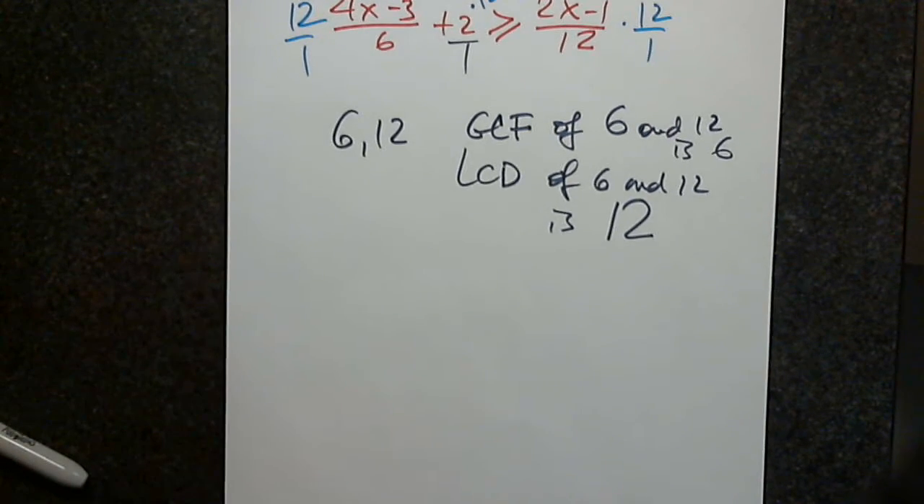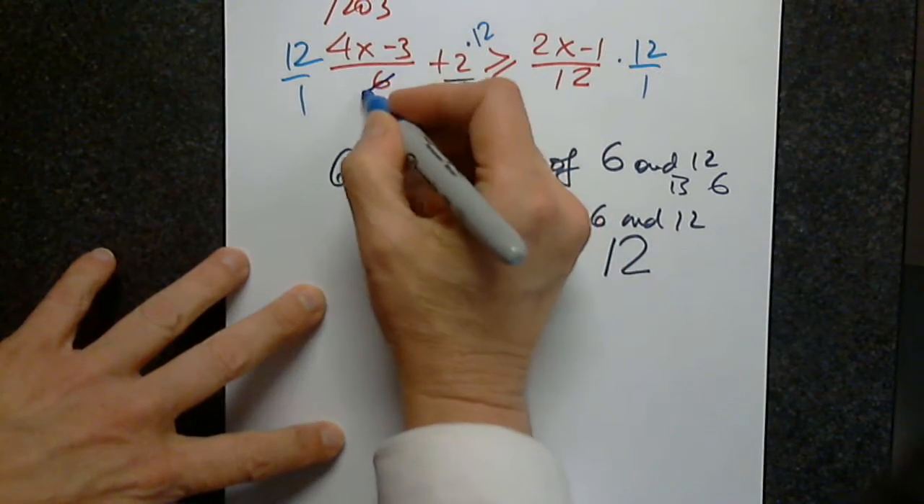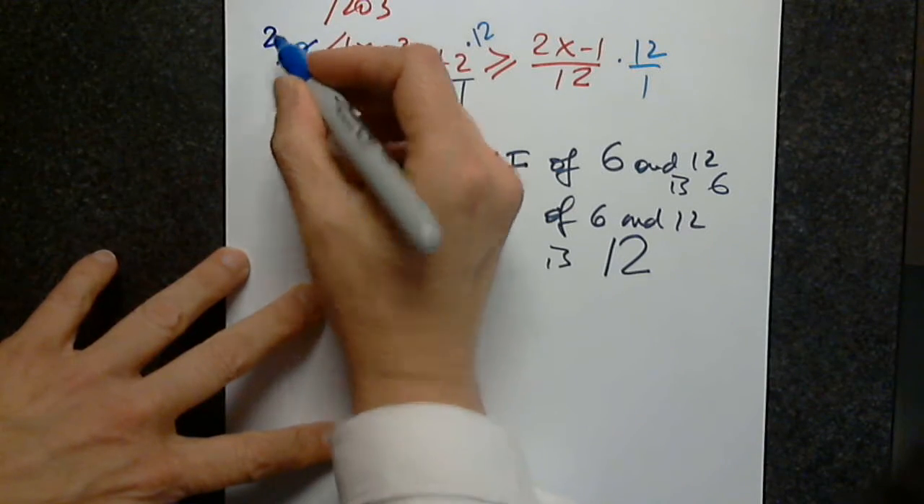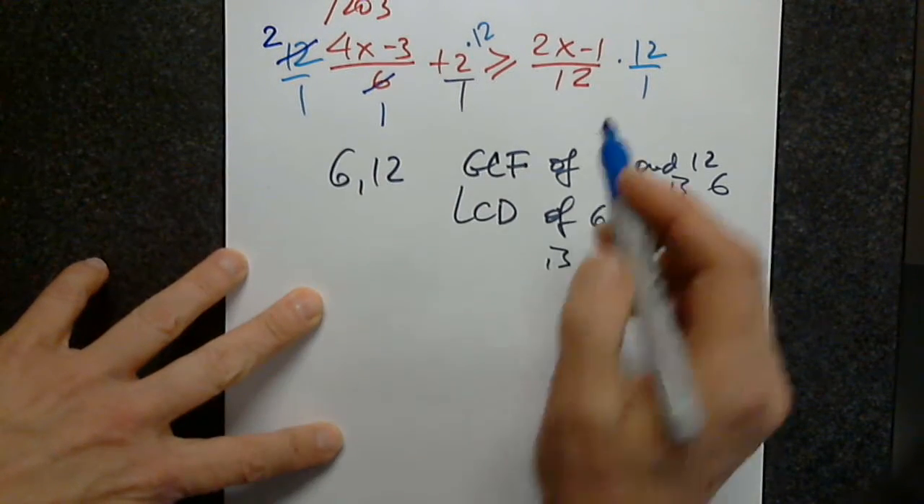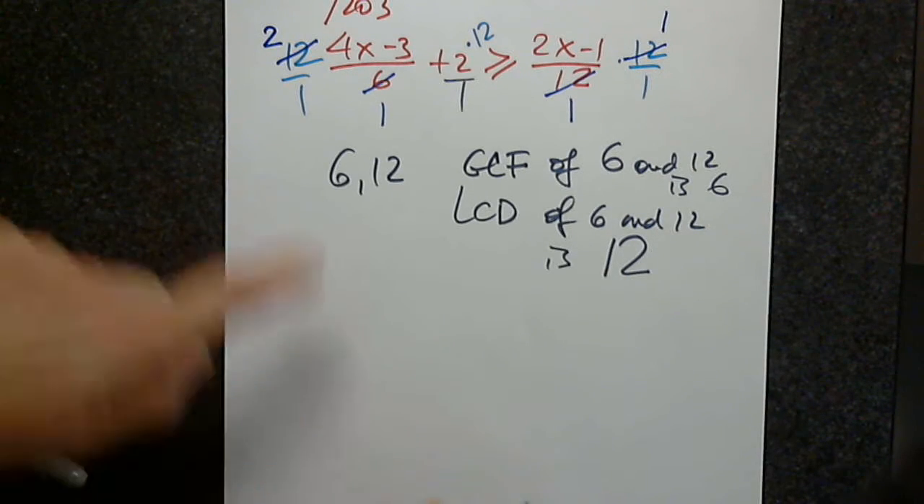So then, we always simplify before we multiply. 6 divided by 6, 12 divided by 6. 12 divided by 12, 12 divided by 12. So what we have